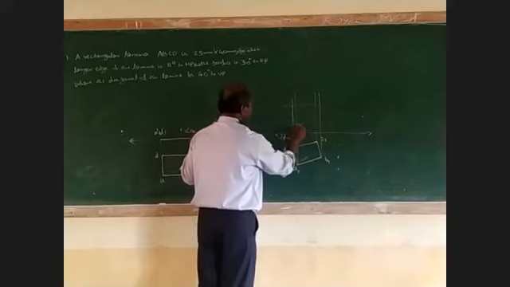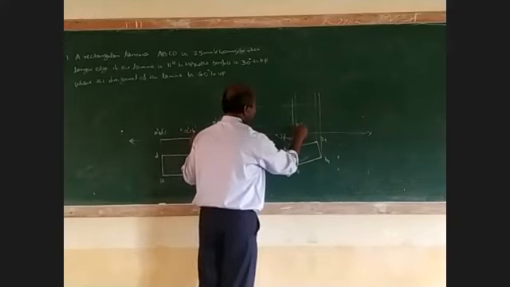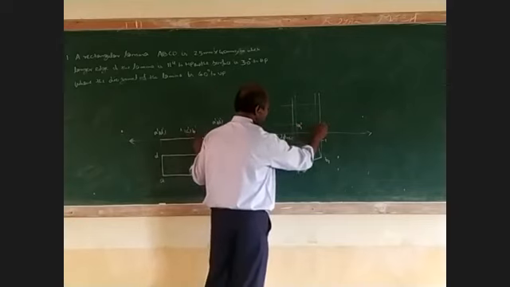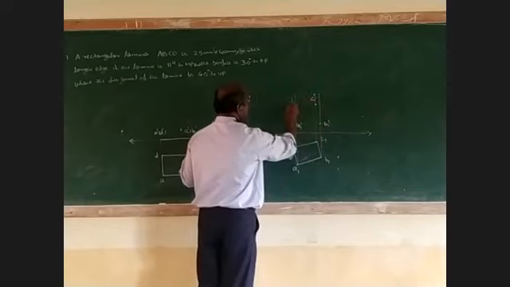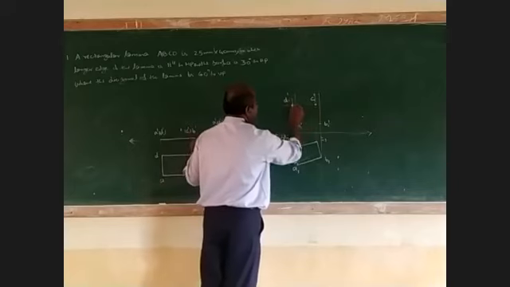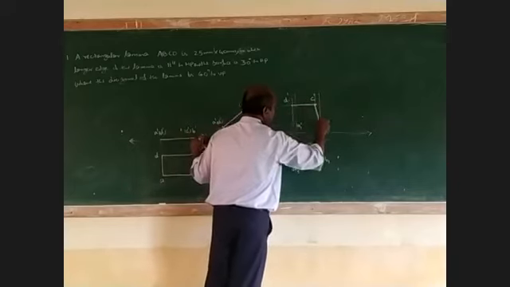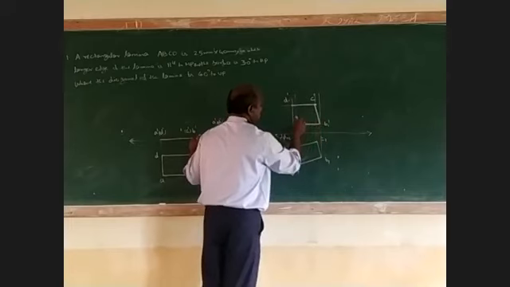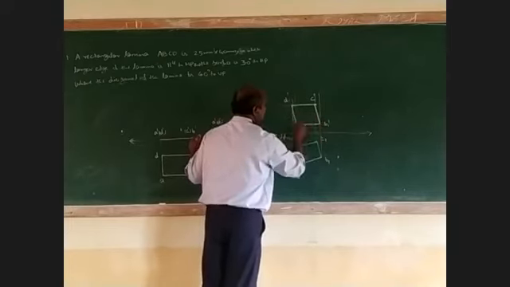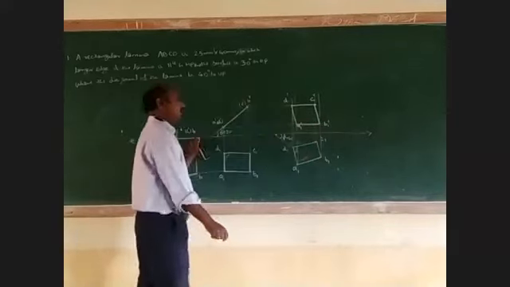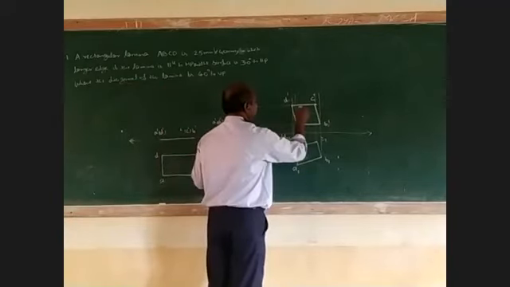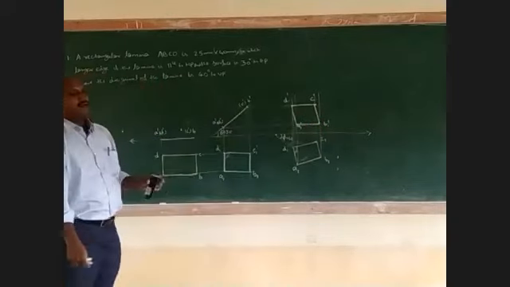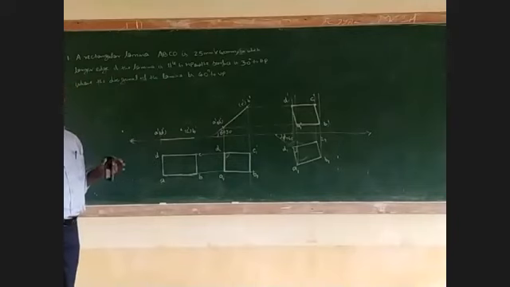Here A and this A1 dash. Here A dash, A1 dash, B1 dash, C1 dash, D1 dash. Now you join these points. This is the rectangular lamina. This is the final image. This is the final image when a rectangular lamina is inclined to both HP and VP.